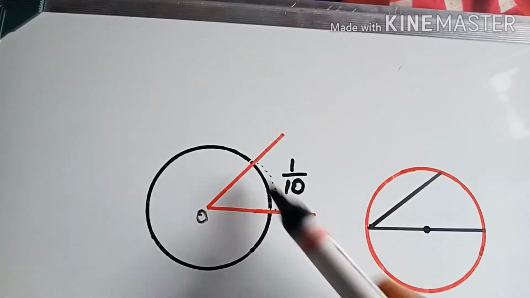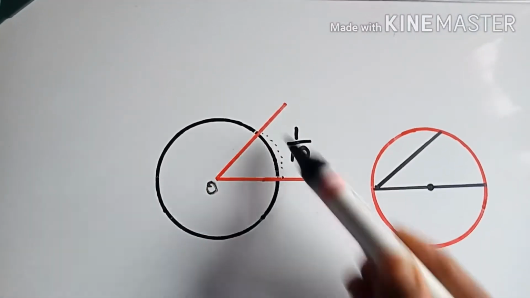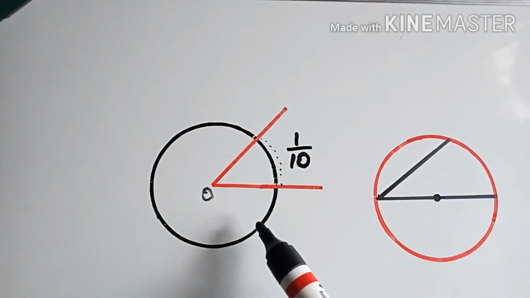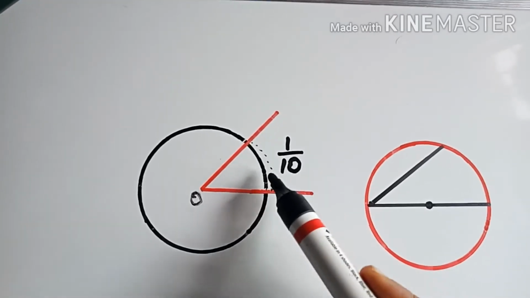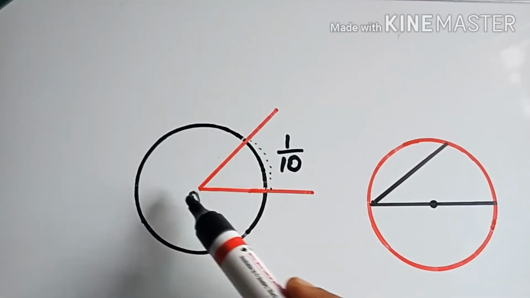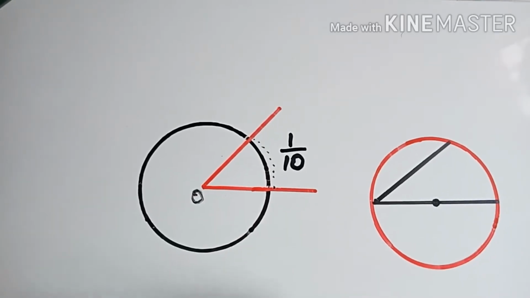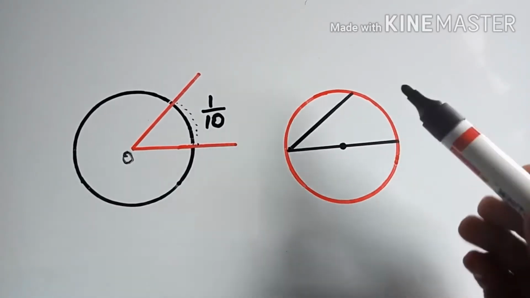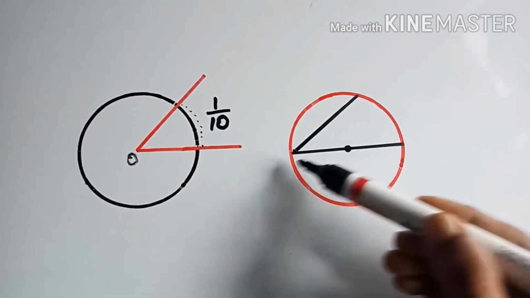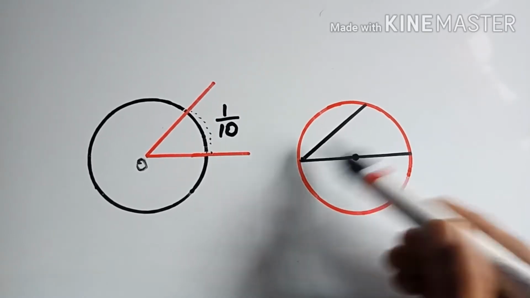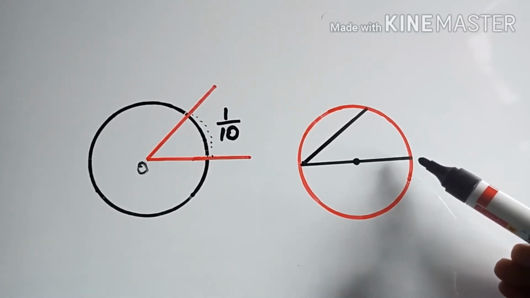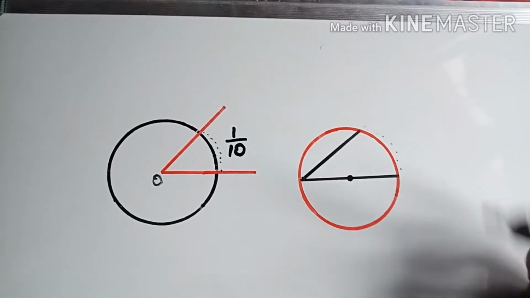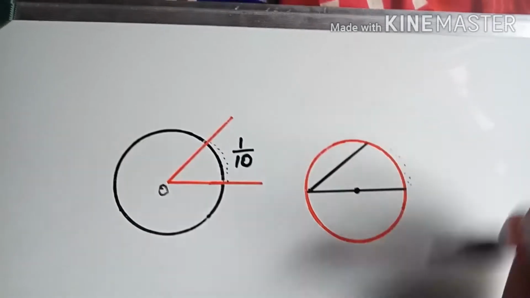We know the whole circle is the perimeter, that is 2 pi r. Out of that 2 pi r perimeter, only 1 by 10 portion is covered by this rod when it is bent in this position. Now the question is, when the same rod is bent into another circle like this, one side has the diameter and the corner is on the circle, what will be the portion covered by this circle? That means this arc. This arc we need to find.